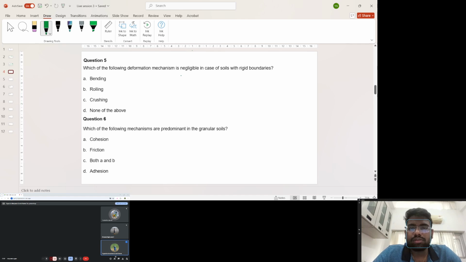Actually, you are right. When you consider rigid boundaries, you don't allow deformation in the lateral directions also. So when you fill the particles like this